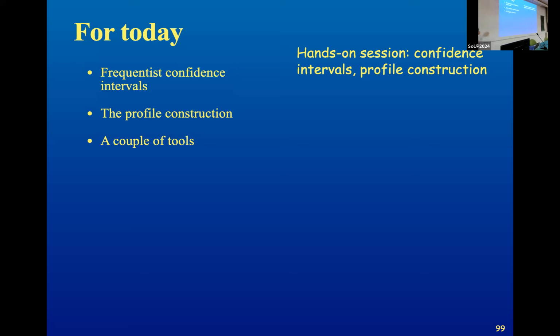We talked in particular about the profile construction, which is a way of computing these frequentist confidence intervals for the case where you have nuisance parameters and where you want to make a Feldman-Cousins interval, or Feldman-Cousins-like, because you have nuisance parameters, which is that you generate toy MCs to estimate the distribution of your test statistic for all values of your signal, or for all values of your hypothesis test, and then you compare that to your likelihood.